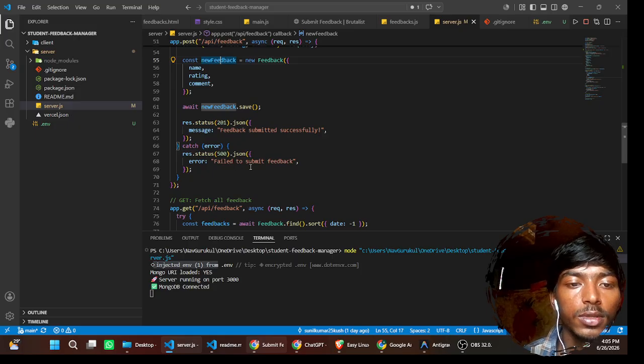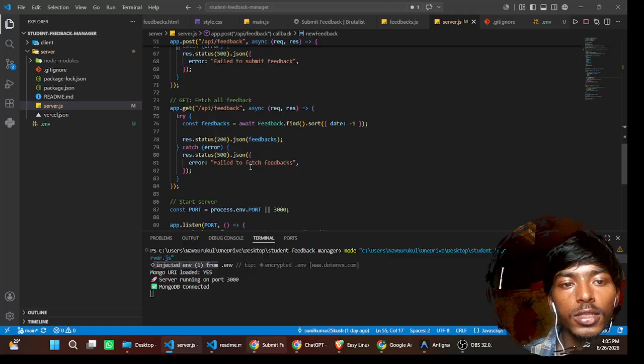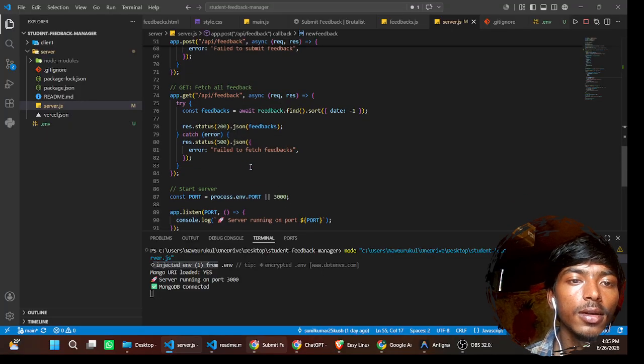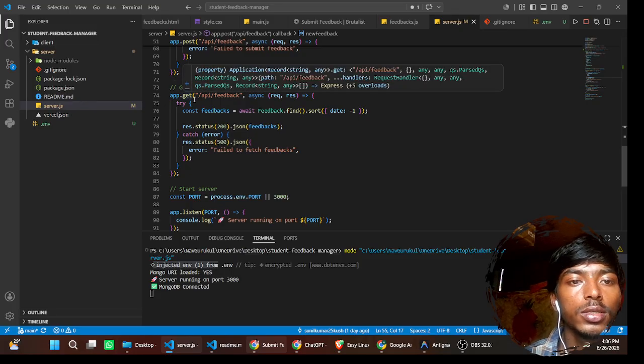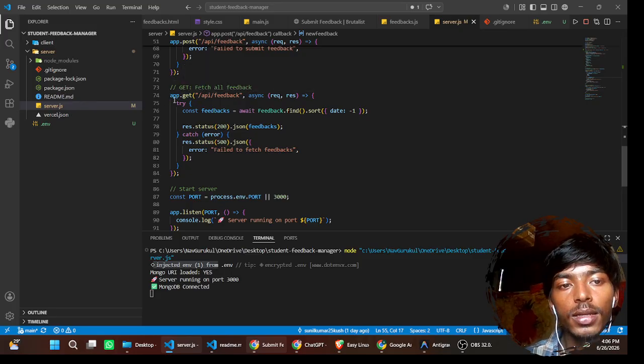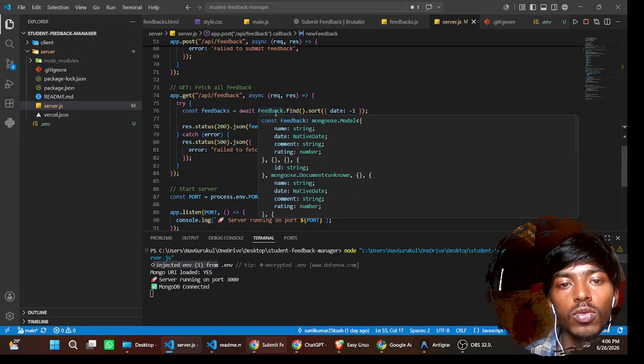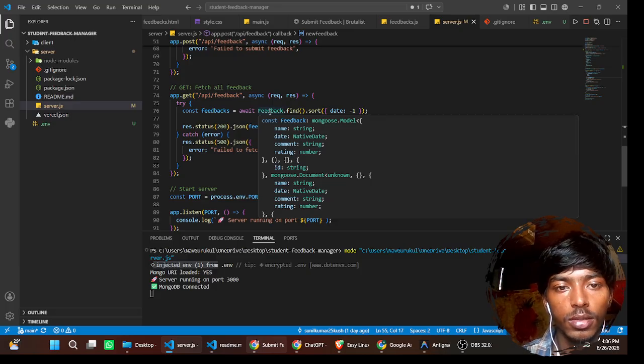After that, if the student wants to fetch all the student data, what can he do? He can just give a get request. With the get request, all the data is fetched from our feedback, which is our collection in our